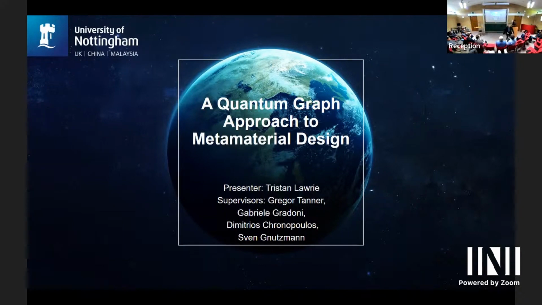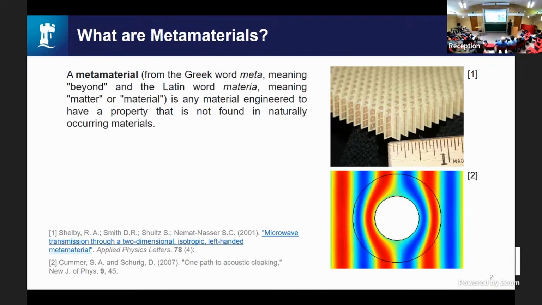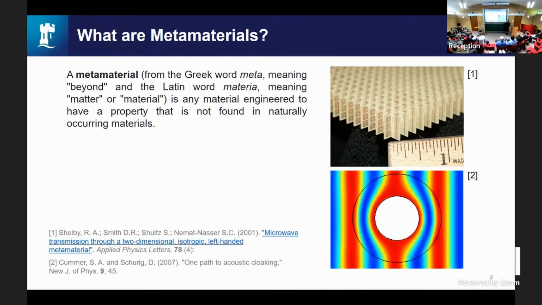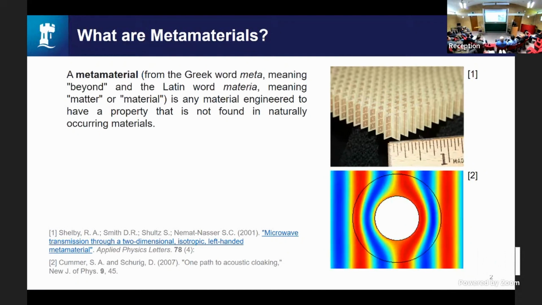And so I'm going to give you a very, very patronizing introduction of what a metamaterial is. I know everybody knows a lot about it already, but it just means beyond material, where we have some structure here, which is constructed of a set of, in this case, periodic resonant elements, but those resonant elements are typically smaller than the size of the wavelength of a probing wave. And what that allows you to do, in some frequency regime, is to give rise to some non-trivial wave